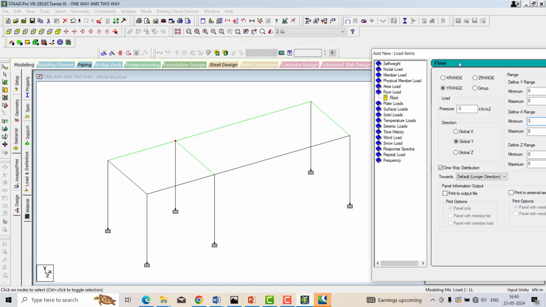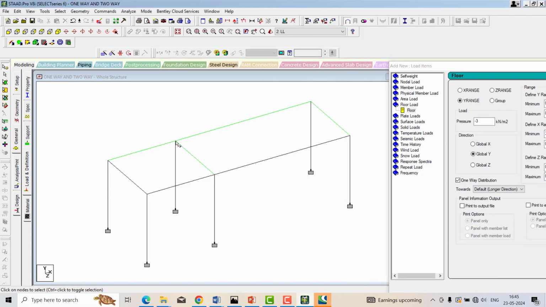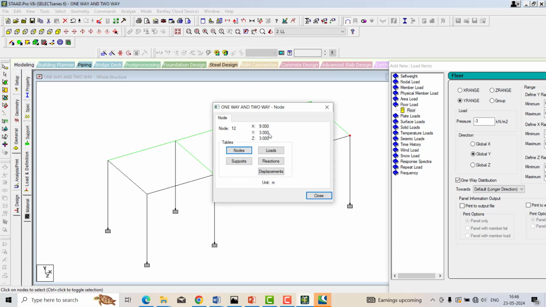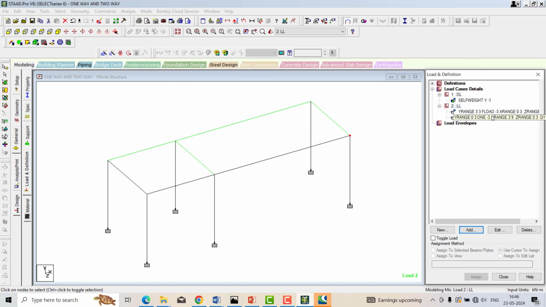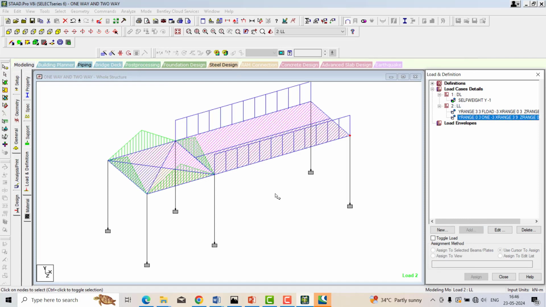Next, maximum point. To get the maximum point, the opposite corner of the same slab will be your maximum point. Double click, X 9, Z 3, Y 3. Go to the X maximum, that will be 9, Y maximum 3, Z maximum 3. Make sure you click on the one way, add and close, and then just check the load distribution.